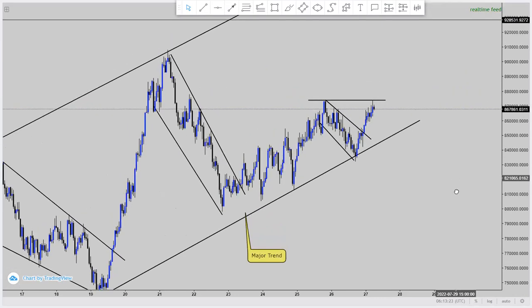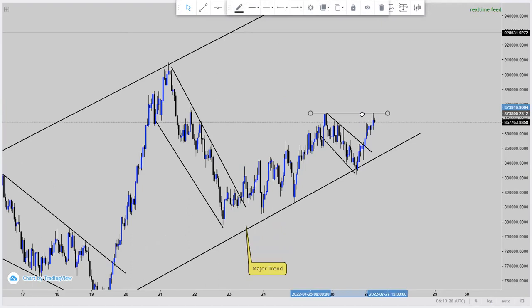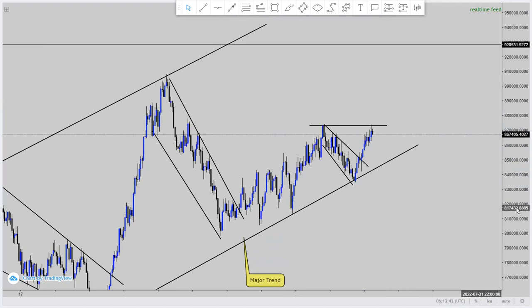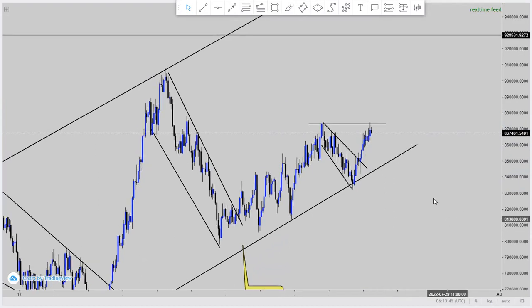So it didn't break out to the upside of that symmetrical triangle, but rather it broke out to the downside. Broke out to the downside, came back to retest. Then on the retest, that's where we said sell VIX, even though we knew that it was a counter trend. So a lot of factors, you could have even looked at this trend line here. Trend line, this one. Broke, retest, so, then came all the way.